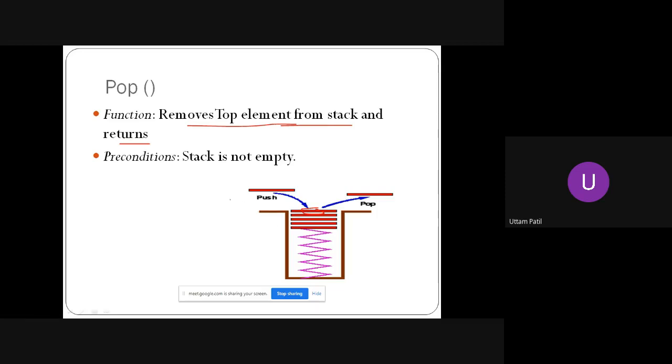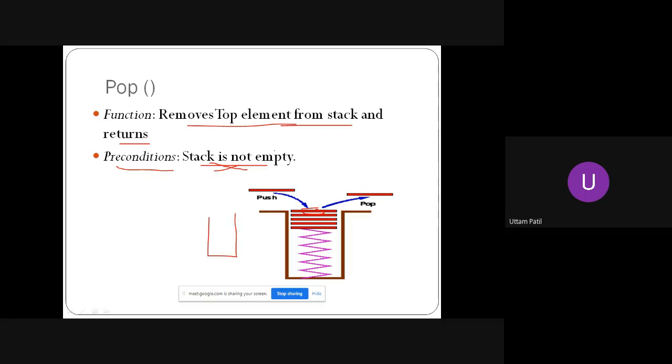Now, before this pop or remove operation, what should I check? I should check if it is empty. If it is not empty, only then I can remove, right? So that is the precondition, the condition we have to check before popping: I should check if it is not empty. If the stack is empty, something like this, can I pop something?